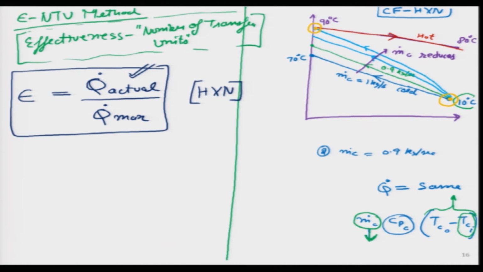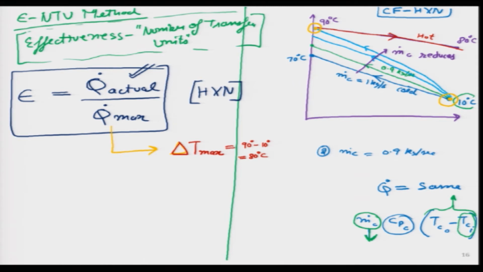Now, this exercise will help us very much, because now I can correlate with q dot max, because q dot max is going to occur when my delta T, the temperature difference, is going to be maximum. So, according to this diagram on the right hand side, I can clearly say numerically in this case it is 90 degree minus 10 degree, and it is equal to 80 degree.